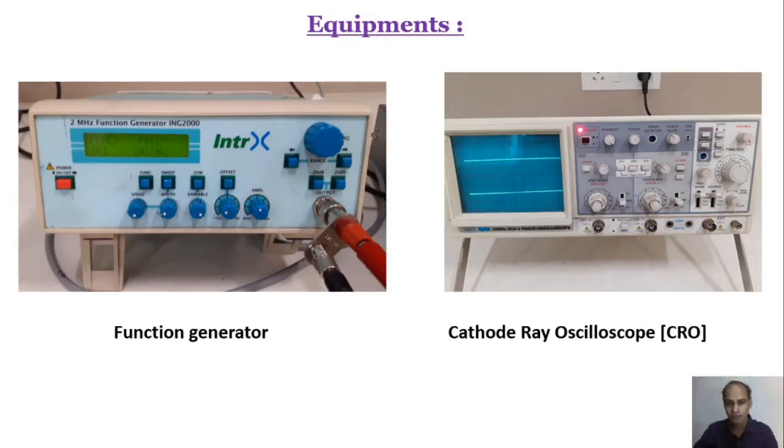You can see on the right hand side a picture of a cathode ray oscilloscope, where on one side you can see a screen where two traces are shown, so we say this is a dual trace CRO, and on another side you can see the controls of the CRO. Let's see in detail what these controls are, so that we can use them to measure different signal time period and voltage.